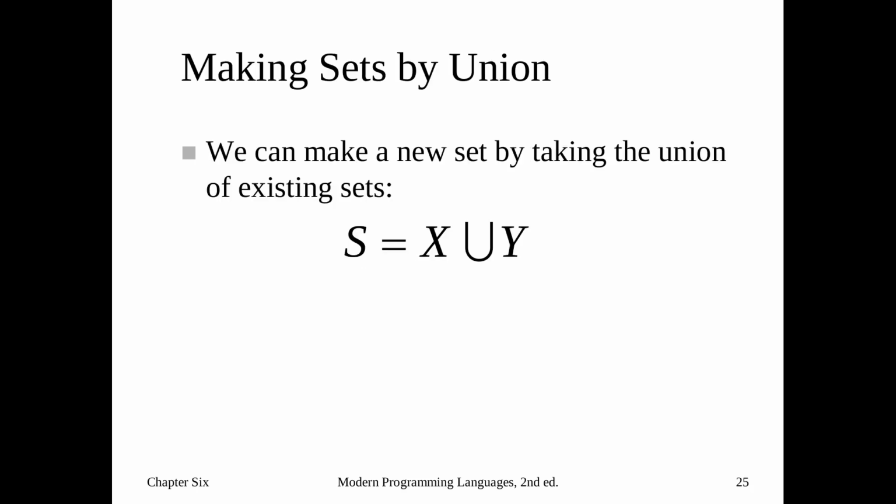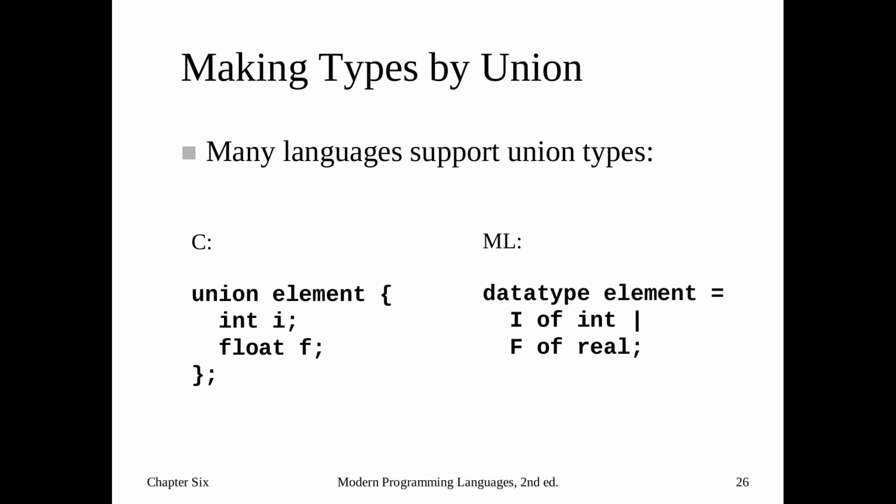So now we're talking about the other one, making sets by union. So this is a question: can we make a new set by taking the union of existing sets? Union says that if we have some set X and some set Y, the union of X and Y would be essentially all the elements in X and all the elements in Y, only incorporating the shared items once, because it's a set. And so that's a difficult question, right? So many languages do support union types. For example, C allows a union, and ML's data type is a union,